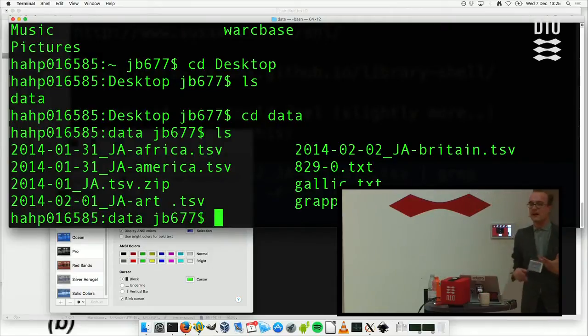Now, what I want to do with that is to first show you how you can actually manipulate these files within this command line environment. Because we can do more than just say that things exist. We can actually do things with them. The first thing we can do is to take one of those texts and actually just print it out into this shell. So there's one there called